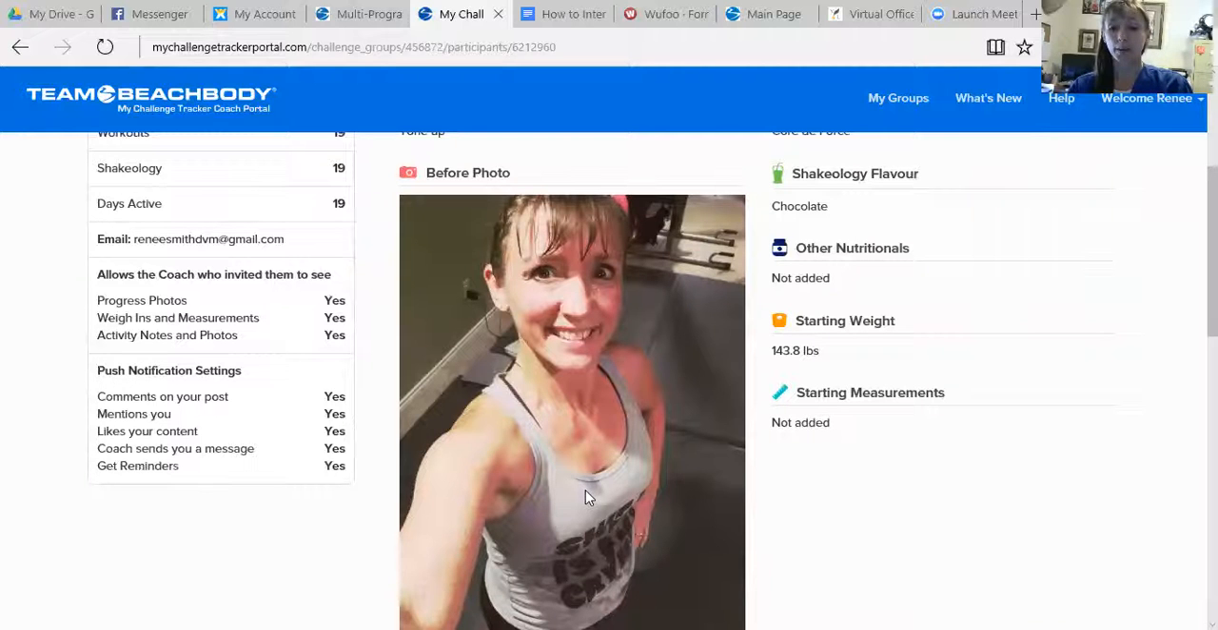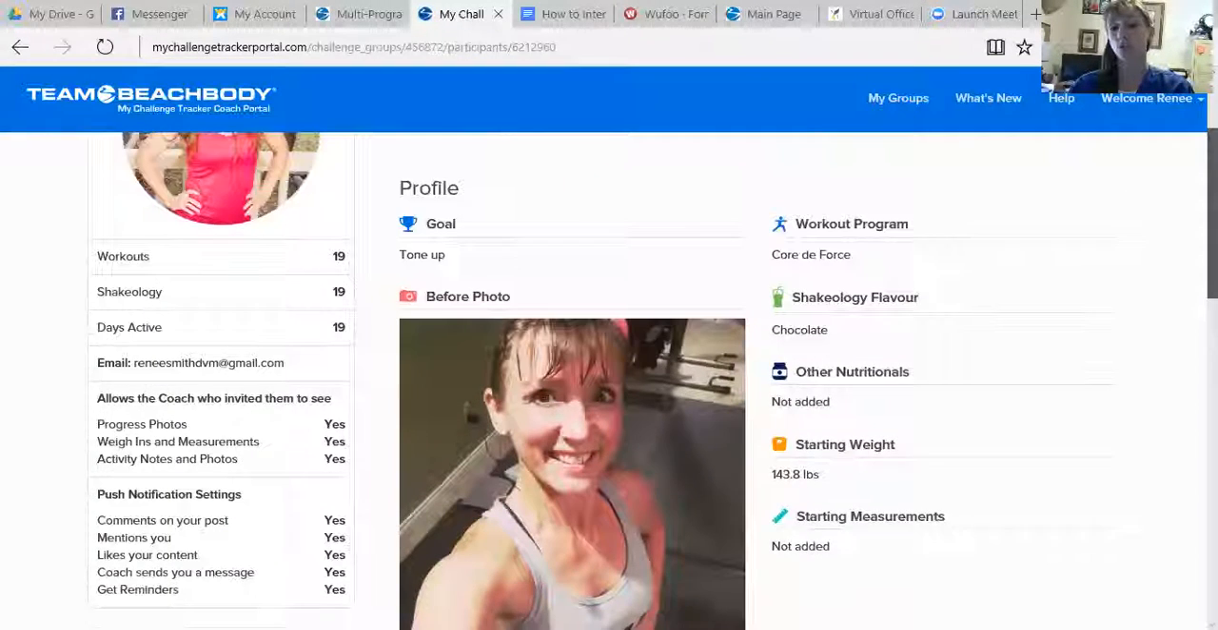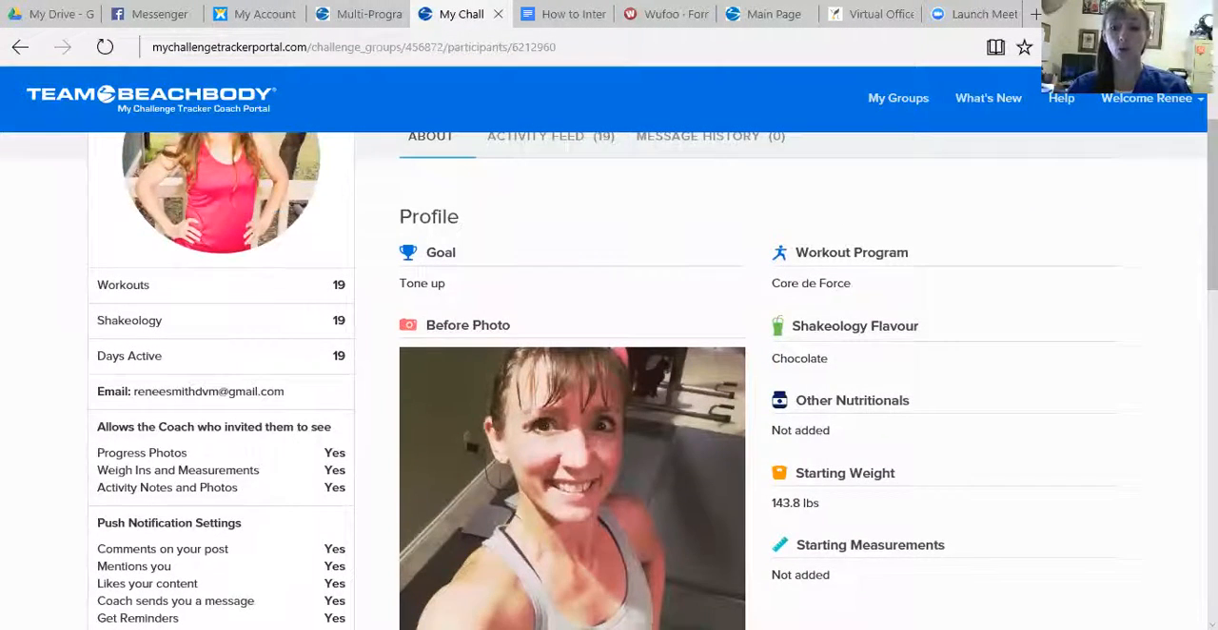And then of course you can see over here, it tells you what all you have posted. It can tell you what your goal is and what program you're using. This is all the stuff you enter when you first come in and set up your app, but it shows you everything right here. You can also, again, up at the top, look at your activity feed and anything along